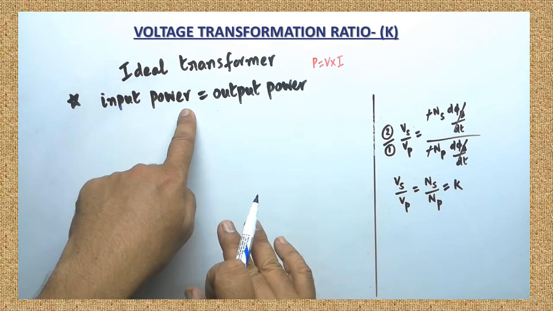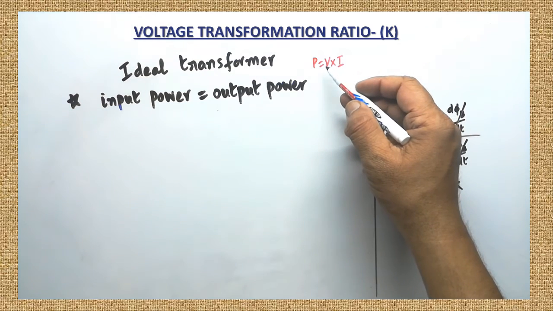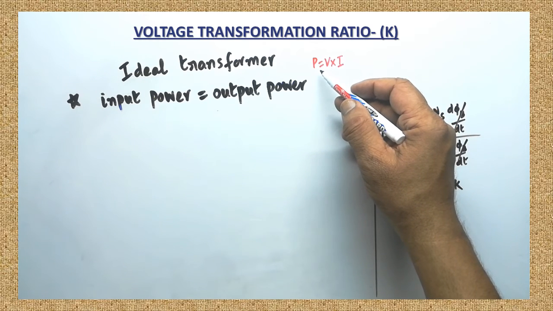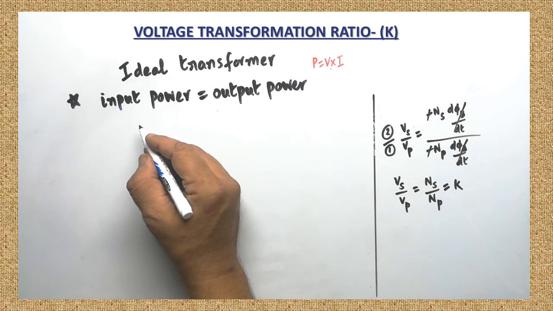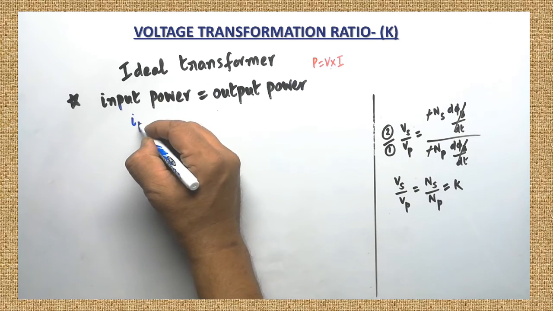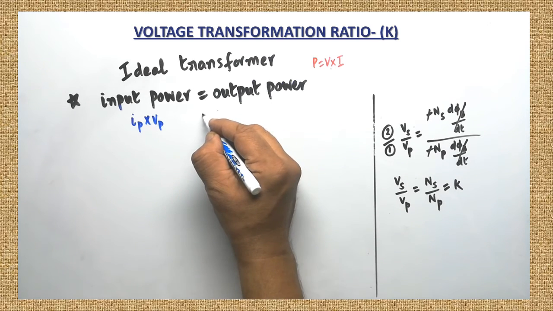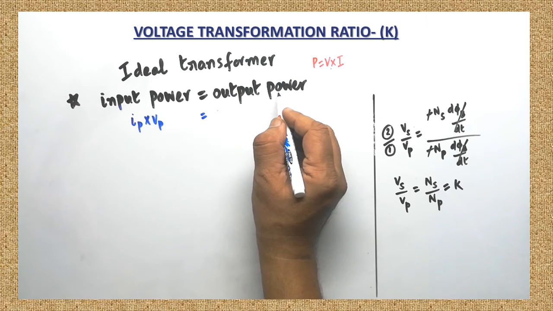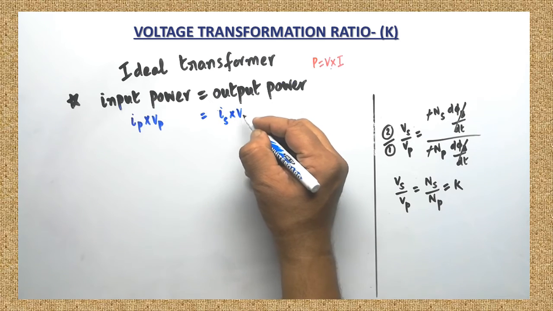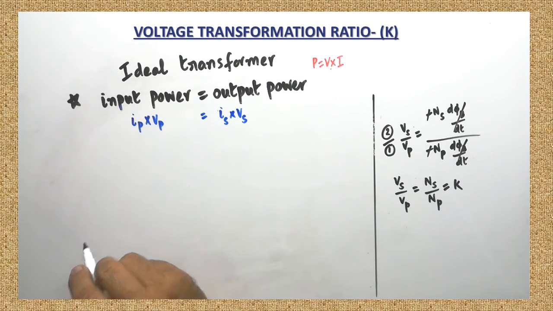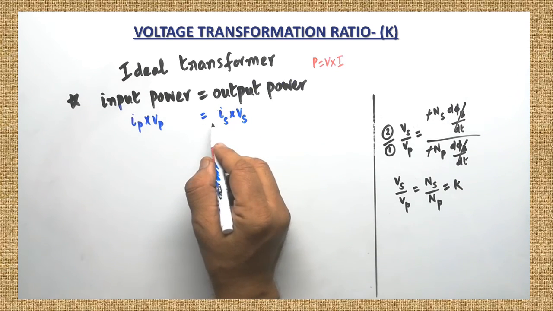This is a very important thing. Often this one will be asked. On the basis of this, a few problems will also be asked. What is the general formula for power? In any electrical circuit, power can be calculated by multiplying voltage and current. So here input is nothing but the primary winding. Okay. So here Ip, what is Ip? The current passing through the primary should be multiplied with the voltage across the primary. Are you clear? So this is somehow related with the secondary coil. Therefore the current induced in the secondary should be multiplied with the voltage across the secondary coil. Are you clear? The voltage induced in the secondary coil. So Ip into Vp should be equal to Is into Vs.